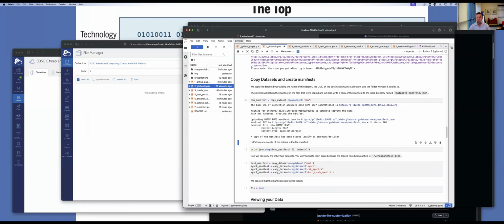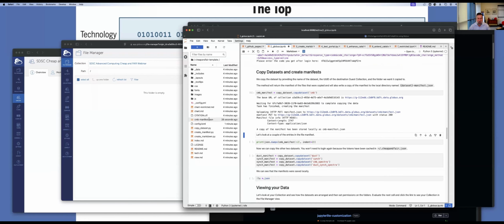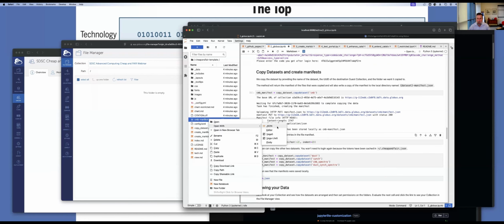Oh, and the other thing that this did is, when data gets transferred between two Globus collections, Globus tracks the checksum and the size of the data. And you can use that to automatically create a manifest. And so if we navigate into here, we can see that there is now this CMB manifest.json file. And